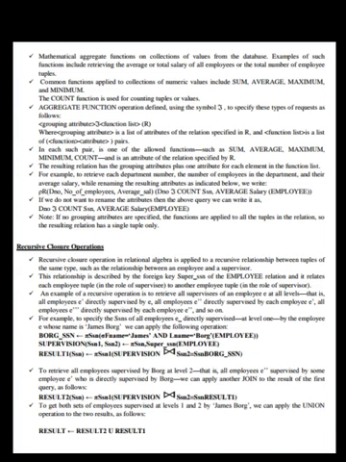to retrieve all employees supervised by Borg at level 2, that is, all the employees supervised by some employee who is directly supervised by Borg, we can apply another join to the result of the first query as follows. To get both sets of employees supervised at level 1 and level 2 by James Borg, we can apply the union operation to the two results as follows. See the equation here.